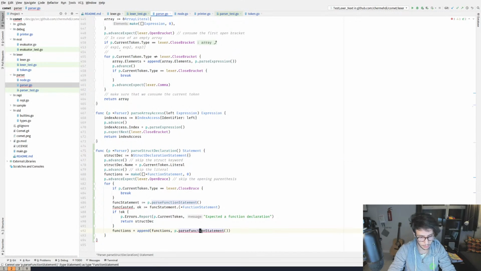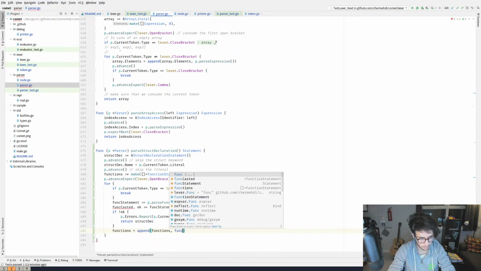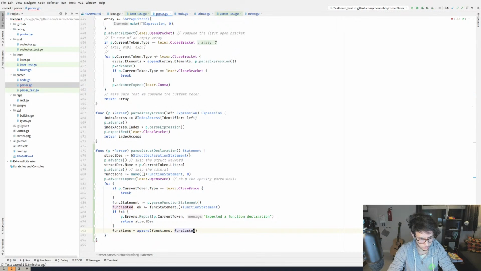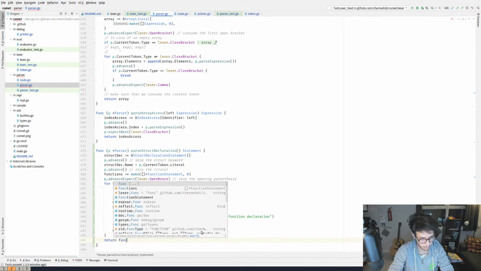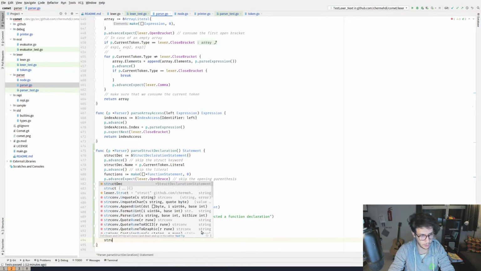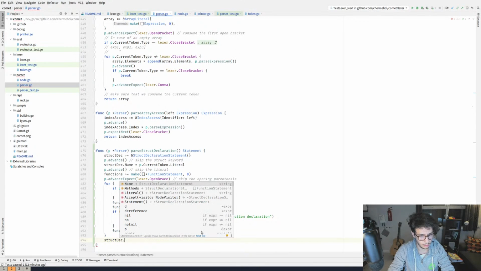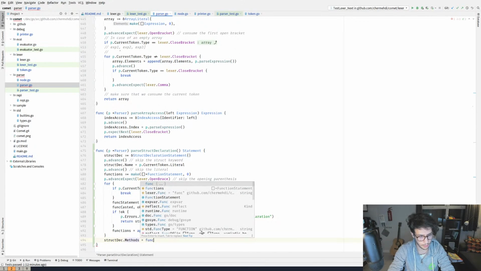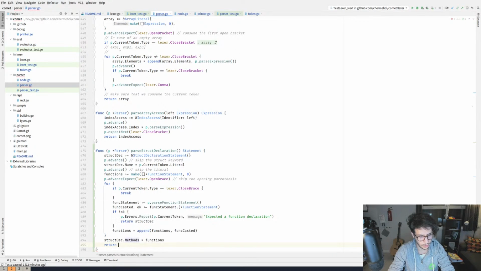Otherwise, we just add this in here. Not functions, but do struct decl dot methods equals functions, and return struct decl.